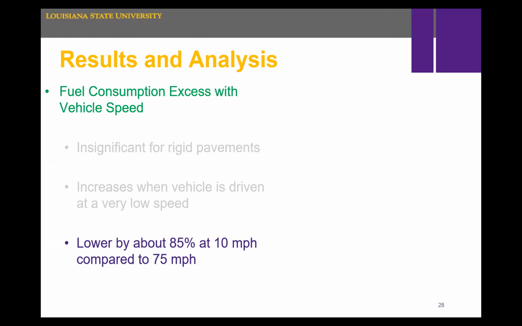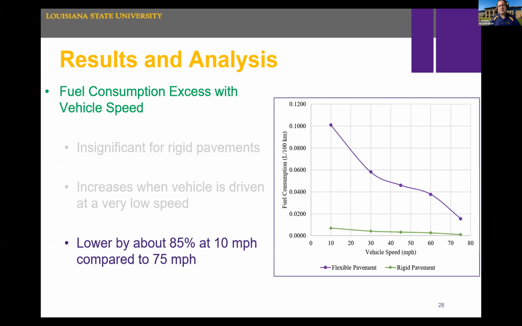So it was lower by about 85% at 10 miles per hour as compared to 75 miles per hour. This is a variation of fuel consumption with the speed. You see that the fuel consumption decreased with the increase in vehicle speed, and obviously it's higher for flexible than